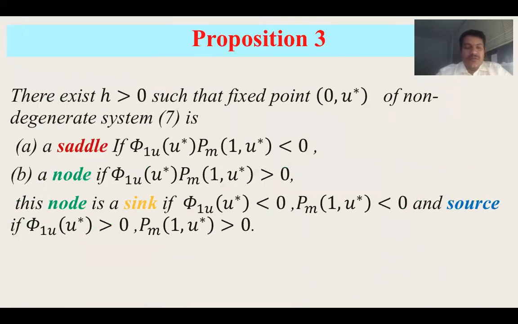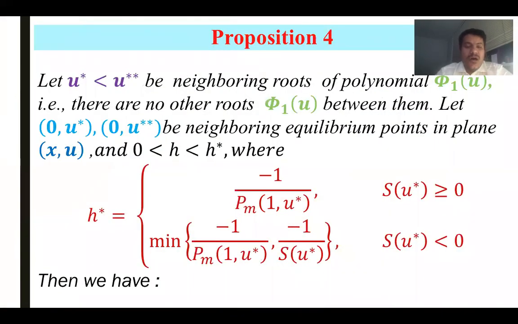Proposition 3: there exists h greater than 0 such that the fixed point (0, u*) of the non-degenerate system 7 is a saddle if the derivative of phi 1 with respect to u at u*, multiplied by P_m at (1, u*), is less than 0, and a node if their product is greater than 0. Proposition 4: let u* less than u** be neighboring roots of the polynomial phi 1 at u, and let these 2 points be neighboring equilibrium points in the plane xu, with h bounded between h* and 0. Then we have